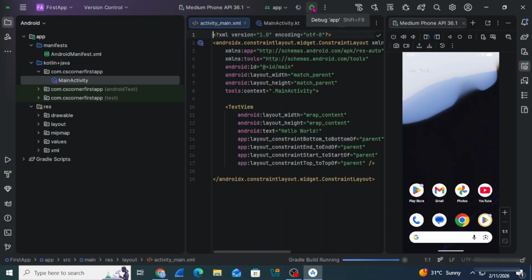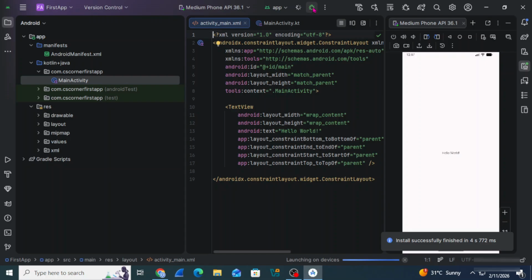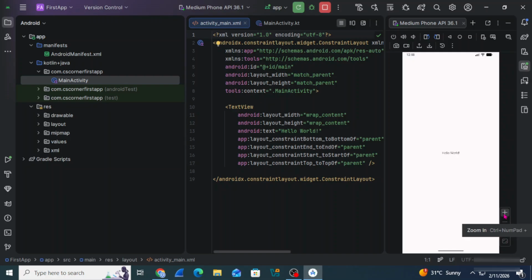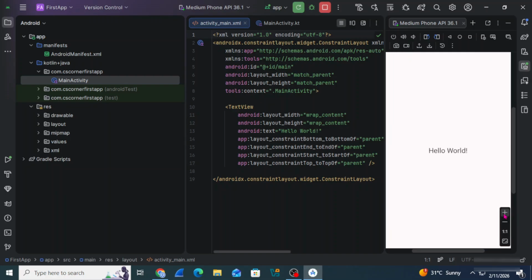You can connect your real phone also, and you can run your application. If you want to know how to connect real phone and run application, you can just watch my video. I have given link in description box, or you can click on I button also. So guys, here I'm clicking on play button, and you can see my APK has been installed on this. Here it's showing me this message. So that means your APK has been installed on this Android virtual device, and you can see I'm getting my output. So hello world was there, and that output I'm getting on this Android virtual device. So guys, this way you can create any type of application using this Android Studio, and you can run on this AVD or on actual phone.